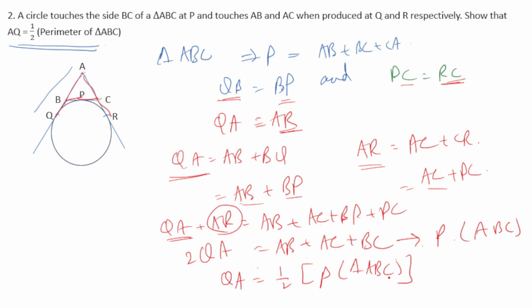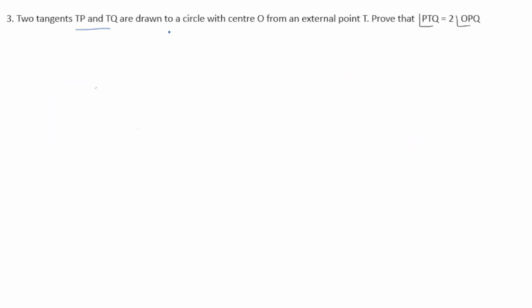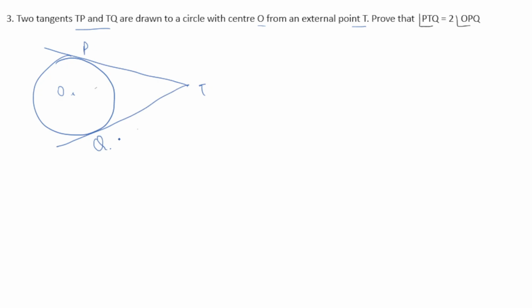Next question. Two tangents TP and TQ are drawn to a circle with center O from an external point T. So this is a circle, this is the center O, this is an external point T. Now we will draw two tangents. This is TP and this is TQ. We have to prove that angle PTQ is equal to 2 angle OPQ,